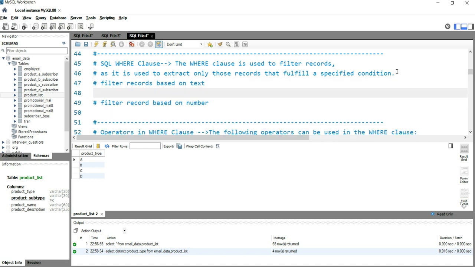The first question that comes to mind is, if I want to filter records based on text, how can I do it? So let's do it. Whenever you are applying a where clause, the first step is that you should see your data first. After seeing the data, you have to make sure what exact condition you are going to put into the where clause. So we'll execute the first step by using the select statement. So I will write select